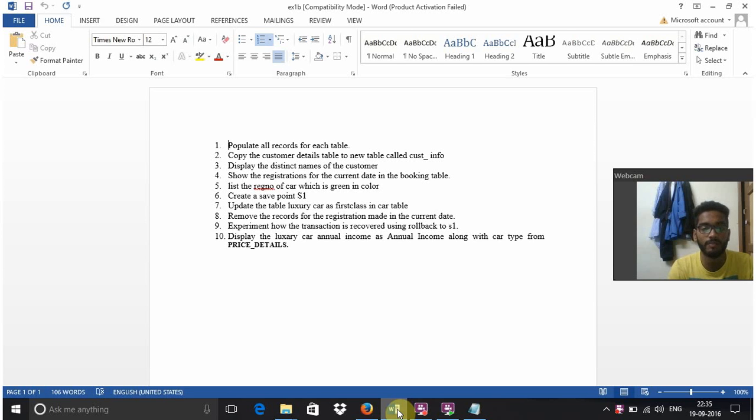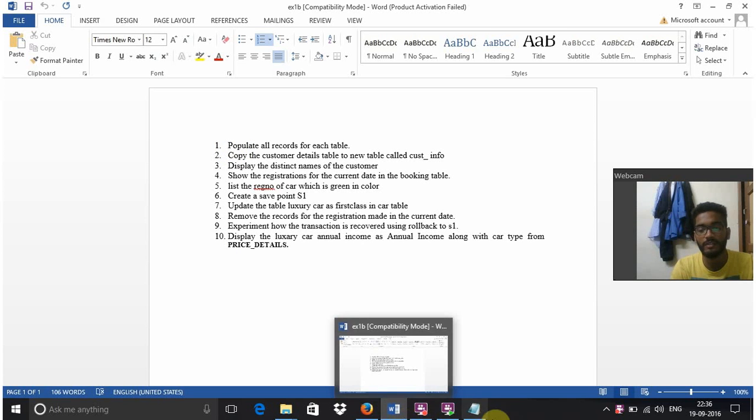In the previous experiment we created the schema of the table and showed you the basic operations on that. In this experiment we have to populate the records in the table, in the sense that we have to insert values to the attributes we have given to the table. And the syntax for that is